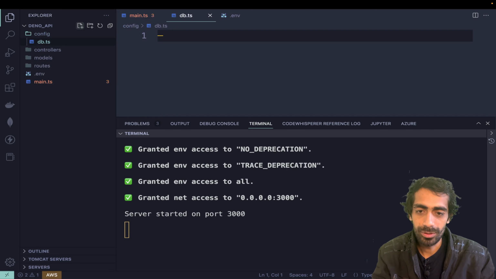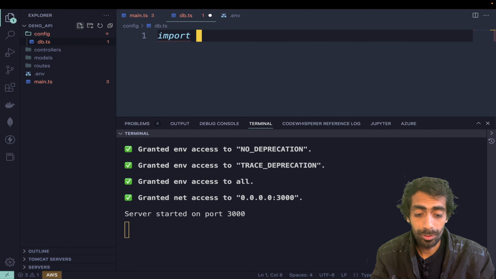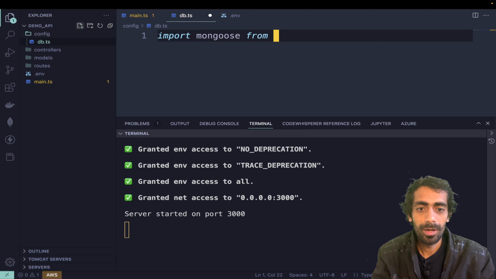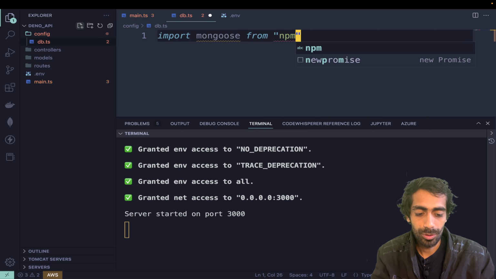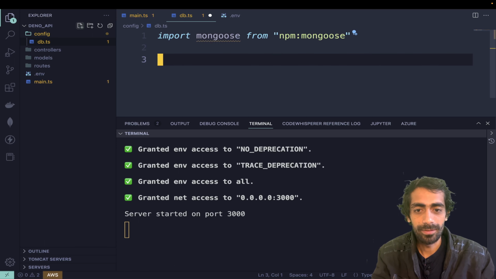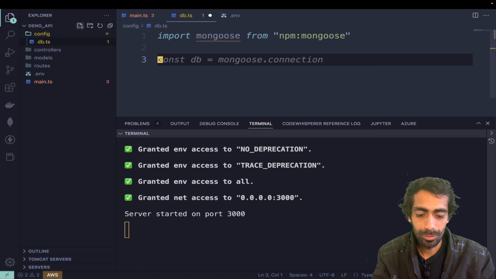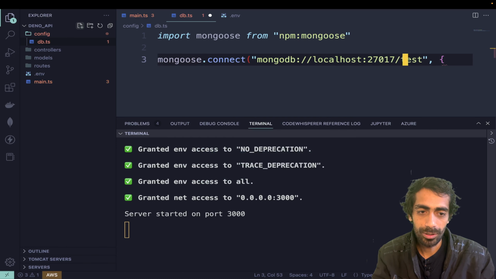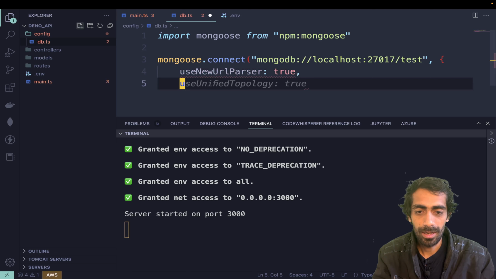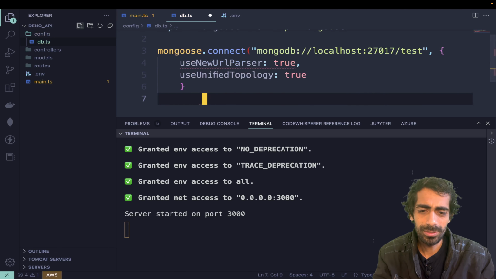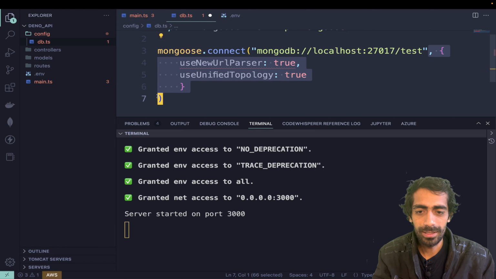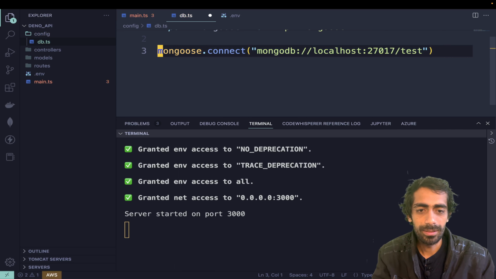Okay, here I'll use import mongoose from npm mongoose, like the way. And here you will say db equal to mongoose.connection, so you have to have mongoose.connect. Okay, now we don't need to pass this thing from now onwards. I am assuming we don't need this, so for now I'm gonna remove it. And here I'll say, instead of this, I'll directly use